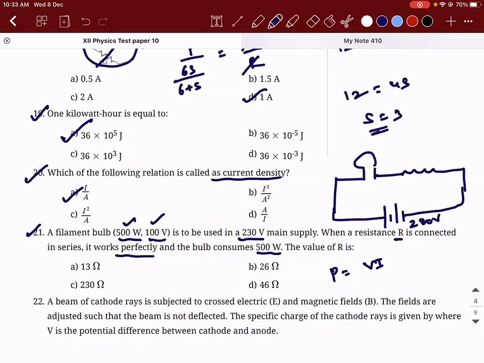Generally, if you introduce a resistance, you know that the house wiring system has parallel connections, right? Suppose this kind of question comes in a case-based study, you should understand what they're trying to say. In our house, from the domestic wiring system, all the devices are connected in parallel. Why do we do that?